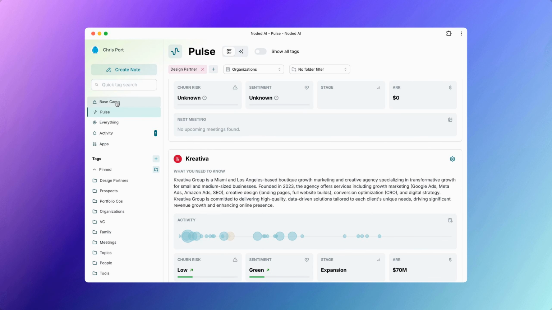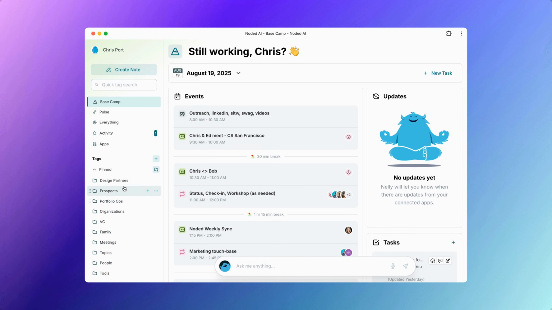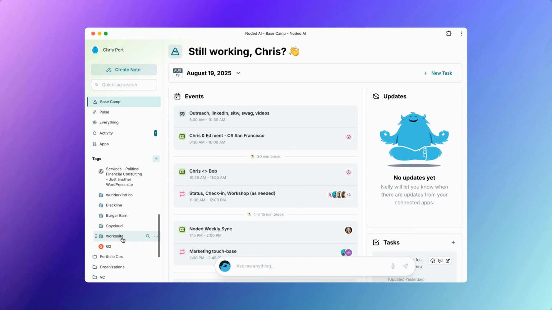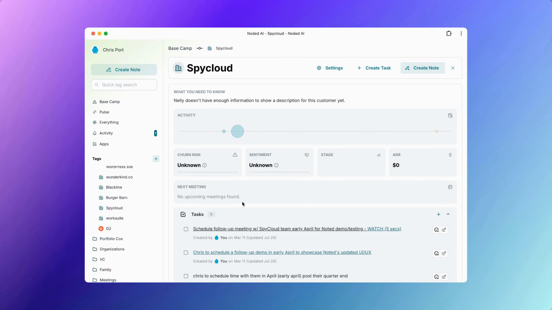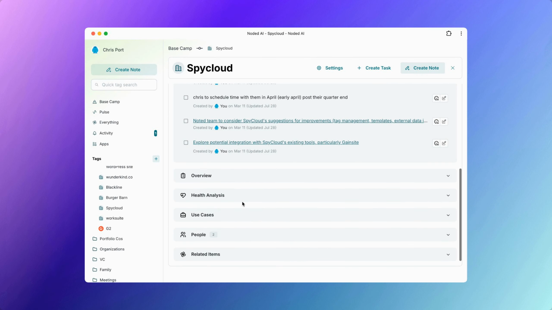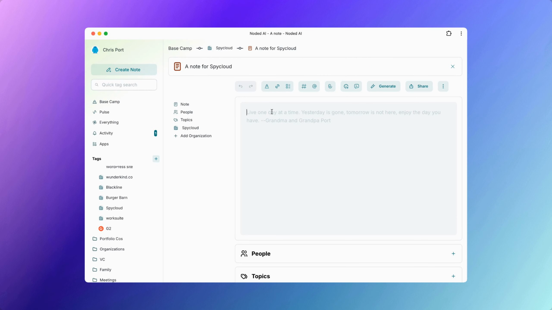So now let's say that I'm in my day and we'll come back to the emoji example, and let's say that SpyCloud gives me a call and I look at them. Okay, we don't have a lot of information on them. We're just kind of starting to deal, but they're saying, look, guys, we can't move forward unless I get emoji support. So, I'm just going to file a quick note. They will not move forward